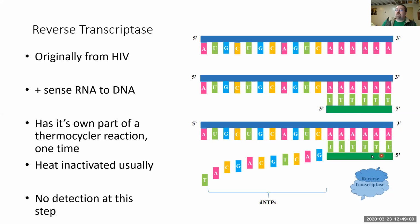Then you're going to have a reverse transcriptase start putting in each of the nucleotides in bulk here. But remember that the T's are going to be replacing the U's here. Uracil is going away because this is not RNA anymore. This is DNA. And we call this cDNA because it's a complement to what the RNA was, so it's complementary DNA. We actually use this to make RNA libraries where we're seeing what an entire cell is transcribing and wanting to translate at one time. So we can look at what is being made. But in this case, we are just looking for that one specific